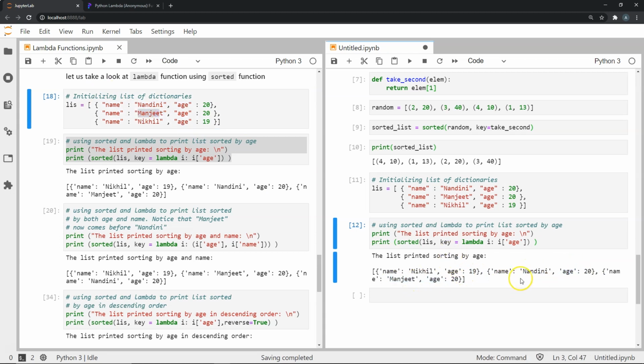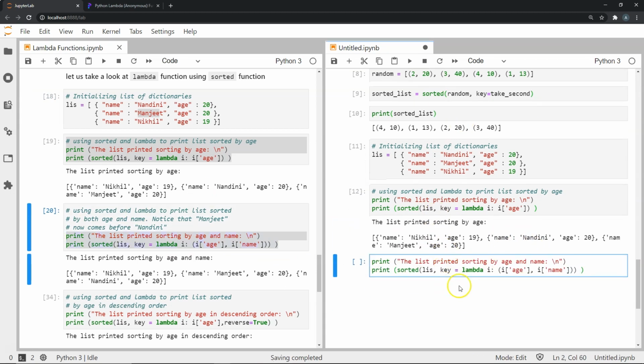But what if we wanted to sort it even more? What if we want to sort it in such a way that first we go by age, and the second key will tell us that if there is a clash in ages, we have to go alphabetically by the name? In this case, we will create a second key. How do we do that? Over here we're doing the same sorted function, but now the lambda will again take one parameter, which is I, each object in this iterable list, and we're going to take two keys.